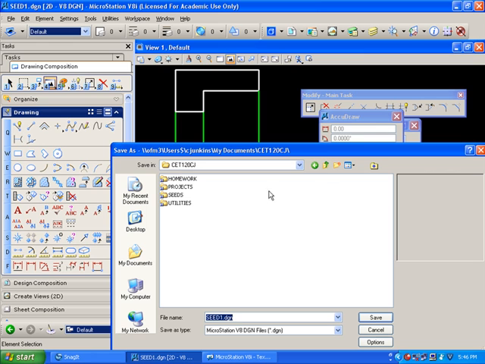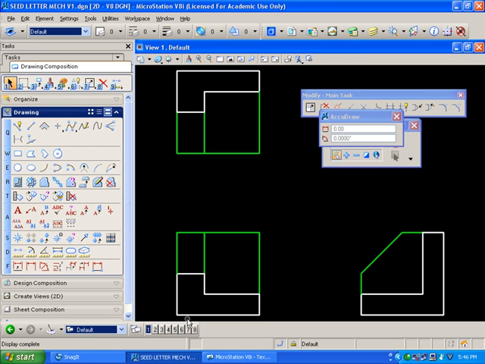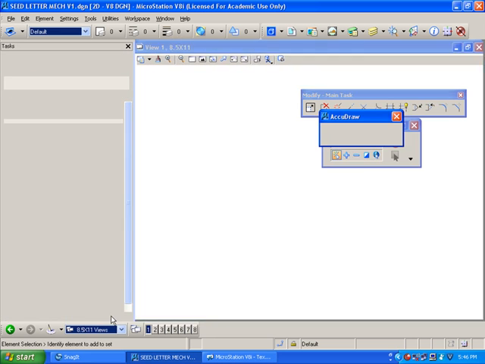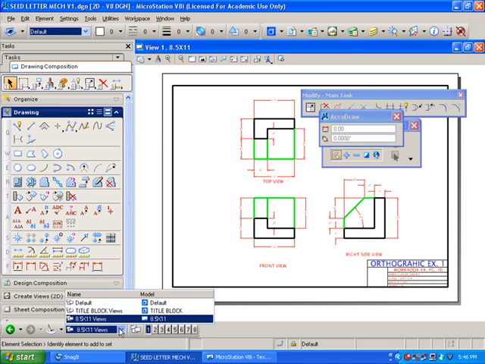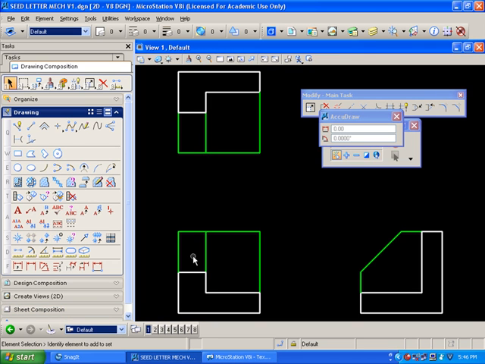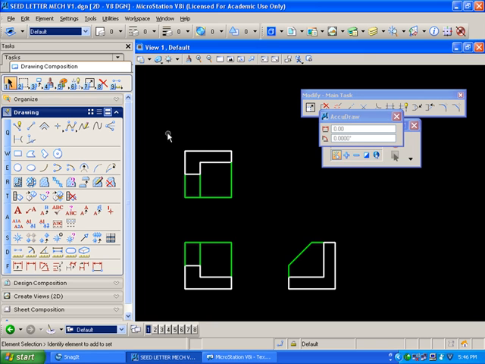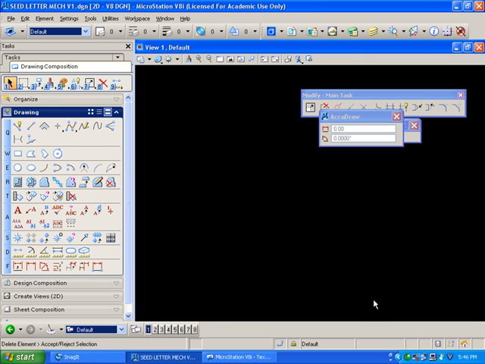I'm going to go up a directory and go to our seeds directory, and we're going to call this one seed letter mechanical v1.dgn. Hit save. So we basically have the same drawing here. If we go back to our 8.5 by 11 view, we can see our model. Go to our default, and what we can do is just clean this out. We don't need this information in the default model,